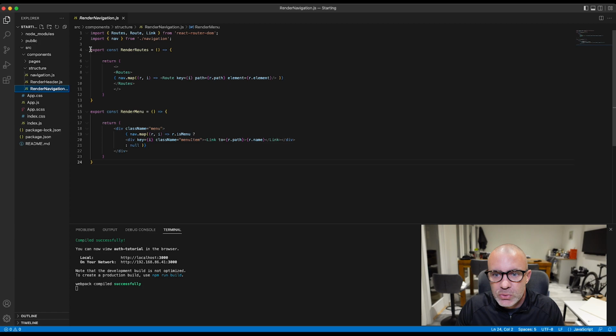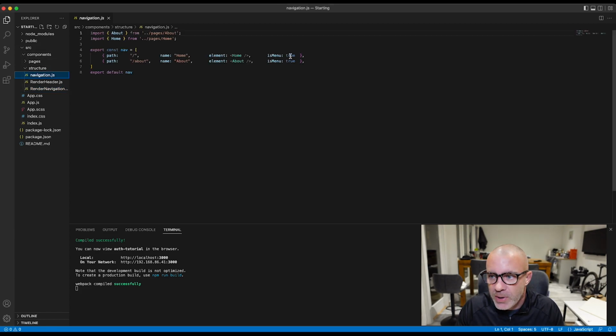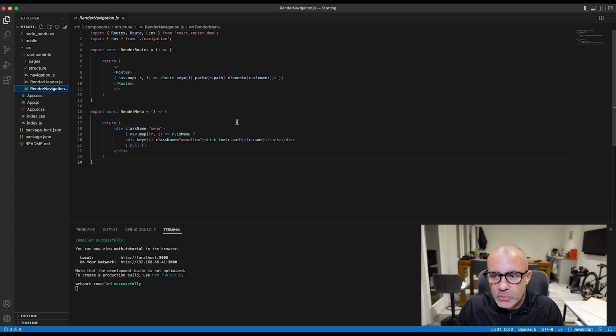And then we have our render navigation component, and this is pulling through those nav items. And we have two components. One is to render the routes for our app. So again, we're just looping through and generating the routes dynamically. And then we have render menu, where we're checking that the object in navigation, if I just flick back, is menu true, and if it is, it's outputting a menu item. And I've preset a lot of the CSS styles in here,